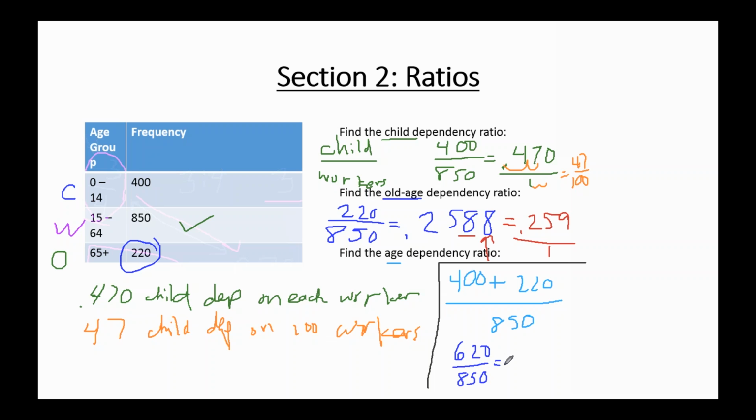One more time, what is that as a decimal to 3 decimal places, please? Excellent, 0.729. Good work, good work. All right, so that's age dependency ratios. And I would say usually in section 2, this is the part that trips people up because it's new, right? At some point in your life, and however many years you've been alive, you have dealt with ratios in some respect. But age dependency ratios are a little bit different and a little bit more specific, and your brain's got to work a little more.